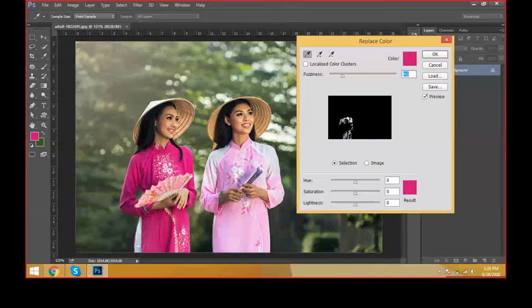Where we have the white layer, only there the effect will be applied, and where we see black, that is a non-visibility layer. The effect we apply won't be applied there. So what we have to do is give some strength to the alpha channel. We have to get this dress completely in the alpha range, like it's white. Then increase the fuzziness of the image. This is not the same color, that's why it's not affecting here.